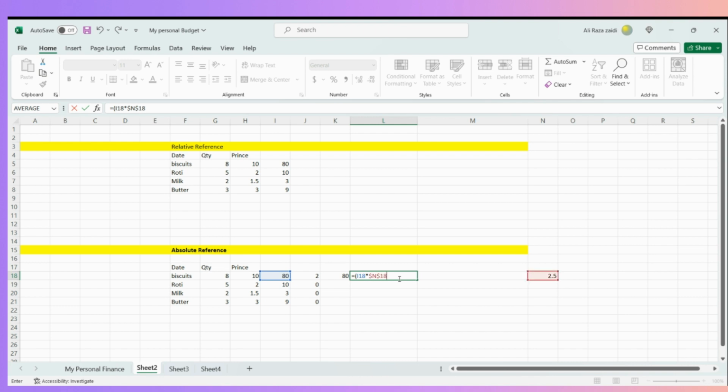It points to the right cell. Bracket close, divided by 100, and when I press enter, it calculates the